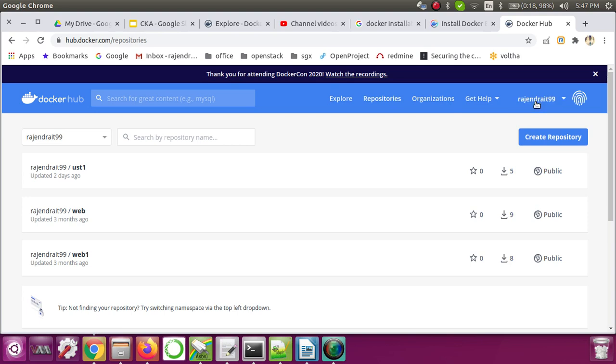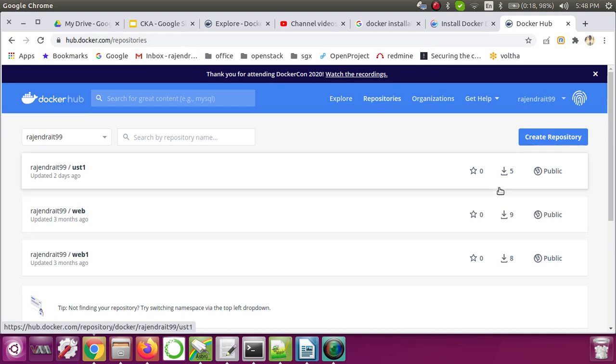So we have to give that Docker ID / image name, so that we can refer to that image and the repository name. So this is my account. If you want to create your image and push that image to Docker Hub, what you can do is log in to dockerhub.com, sign in, create your account.